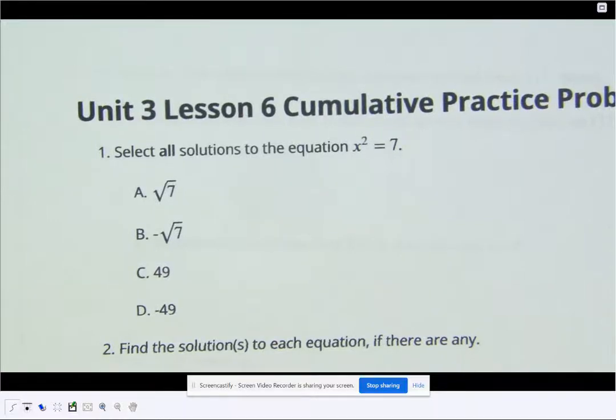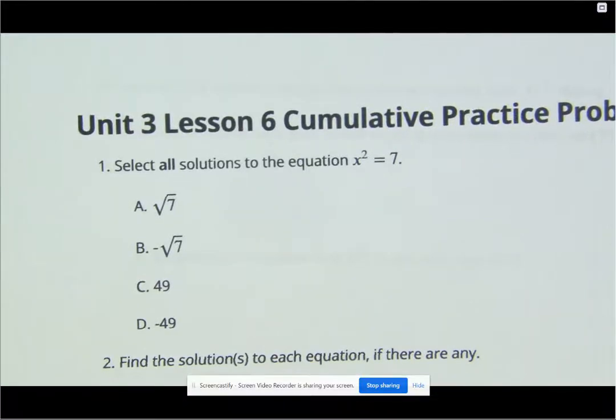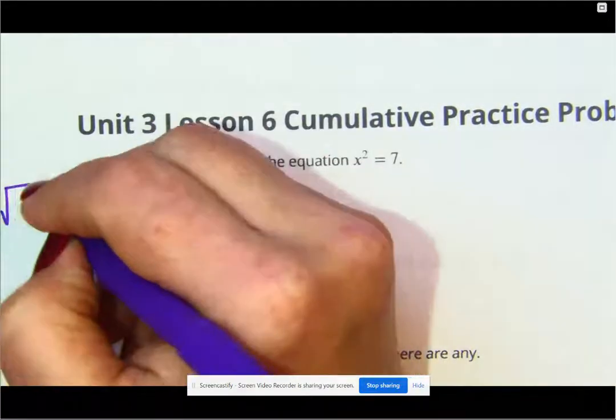I'm going to be going over the Unit 3 Lesson 6 problems. Those start on page 30. Sorry guys, 42, on page 42. The big idea in this lesson is that when you have the square root of x